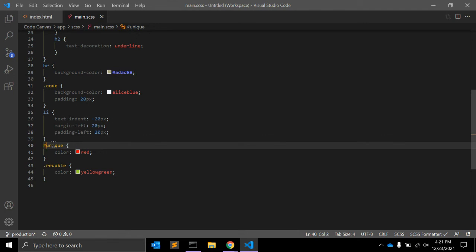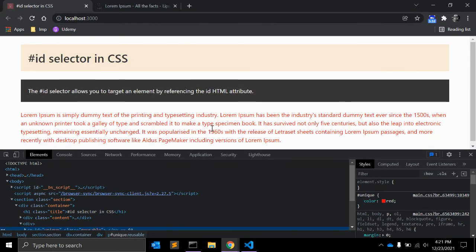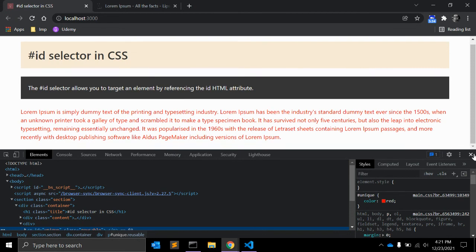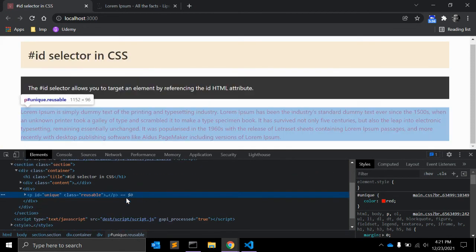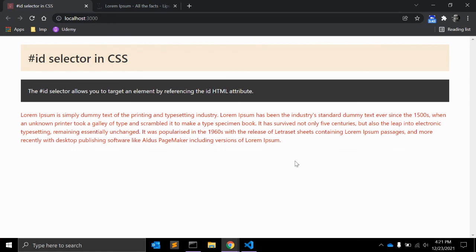ID attributes and selectors are case sensitive and must exactly match across HTML, CSS, and JavaScript. So this was the overview of ID and how you can use it in CSS. If you are using JavaScript, you need to take care of case sensitivity as well when accessing the ID, and it is a very useful thing.